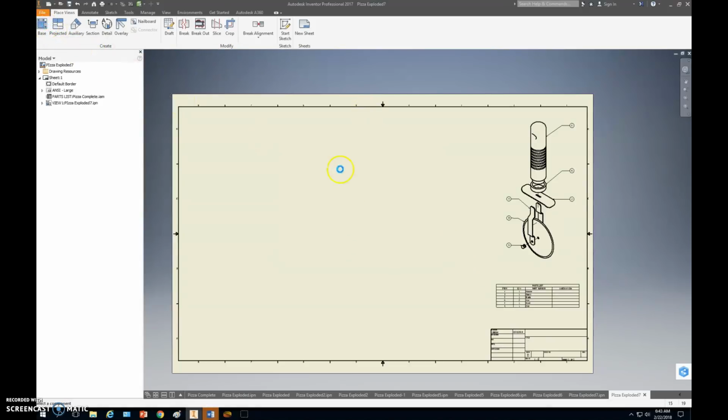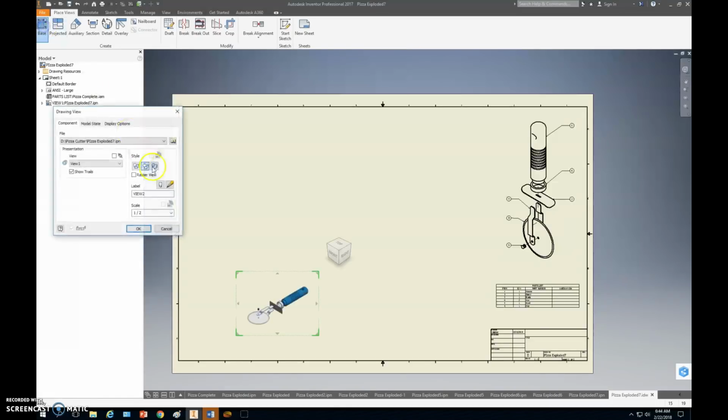So when we go to place the regular assembled view, we can either pick base or, if we already had the file placed, we could pick projected, but we're going to pick base, and we're going to navigate to the assembly file. Mine's already in the list. Again, you might have to browse. Remember, we don't want a presentation file this time. We want the assembly. Default view is fine, and then we're going to actually leave shaded selected for this one,